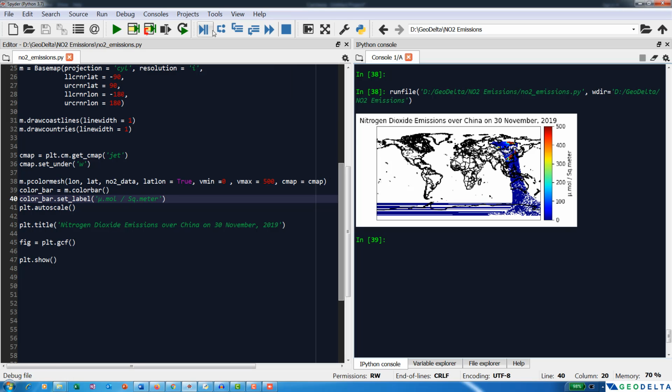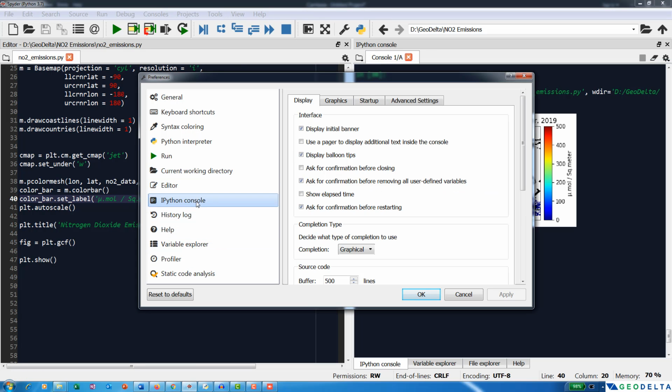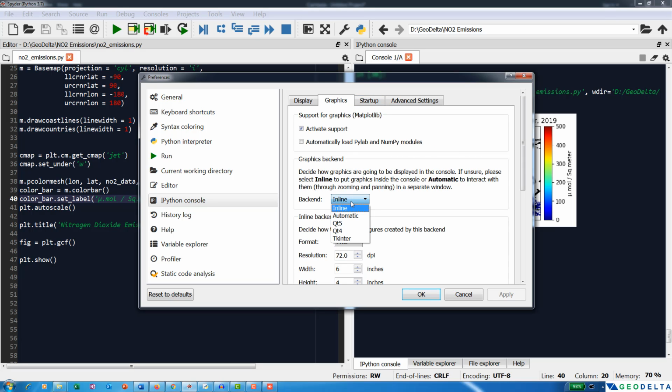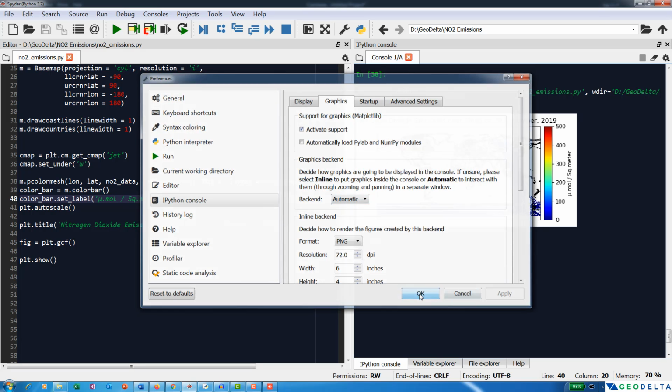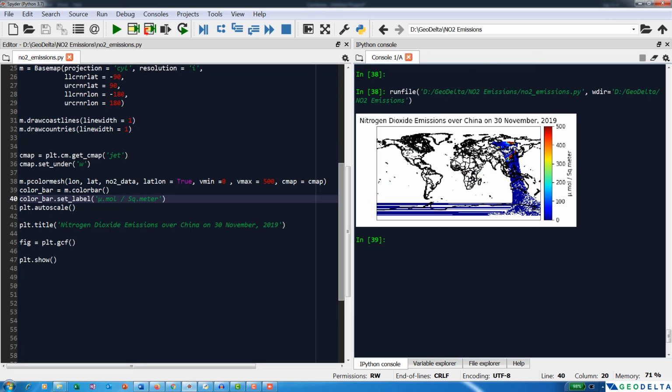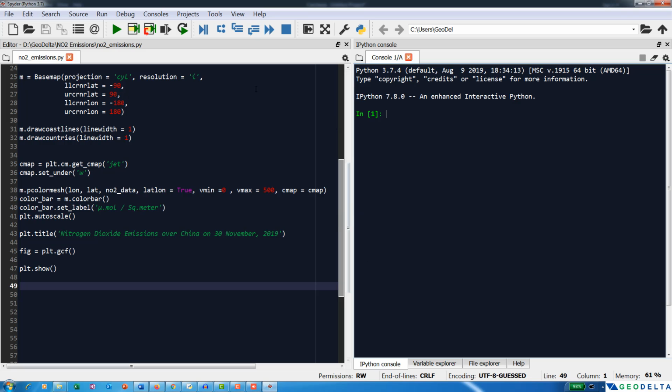So you can do that by just going to preferences and IPython console, and over here in graphics you can just make sure to have this in automatic, so that these maps will not get displayed in the console, but will be displayed as a separate window. But once you do that, you have to make sure that you restart Spyder. So I'm just going to close this one and restart. Alright, once you restart Spyder, now if you run the same script again,